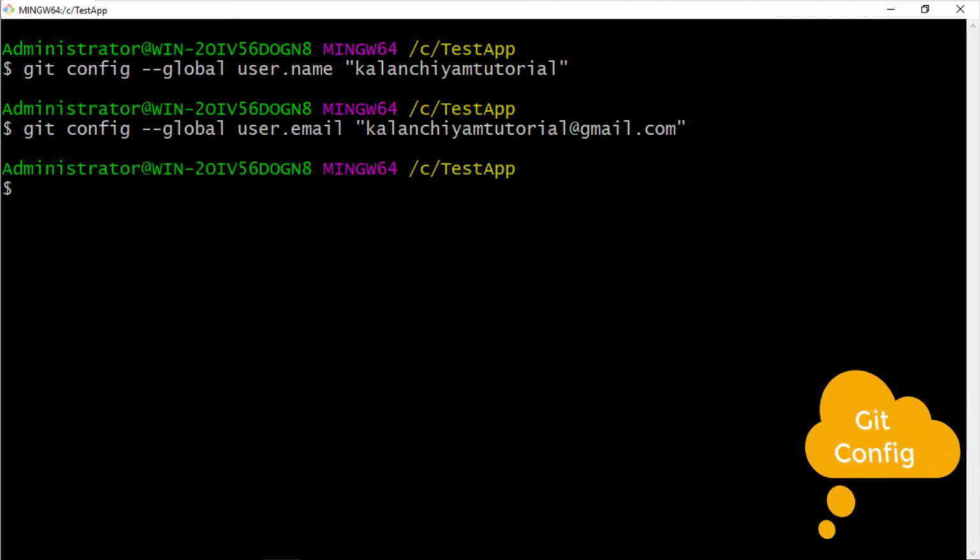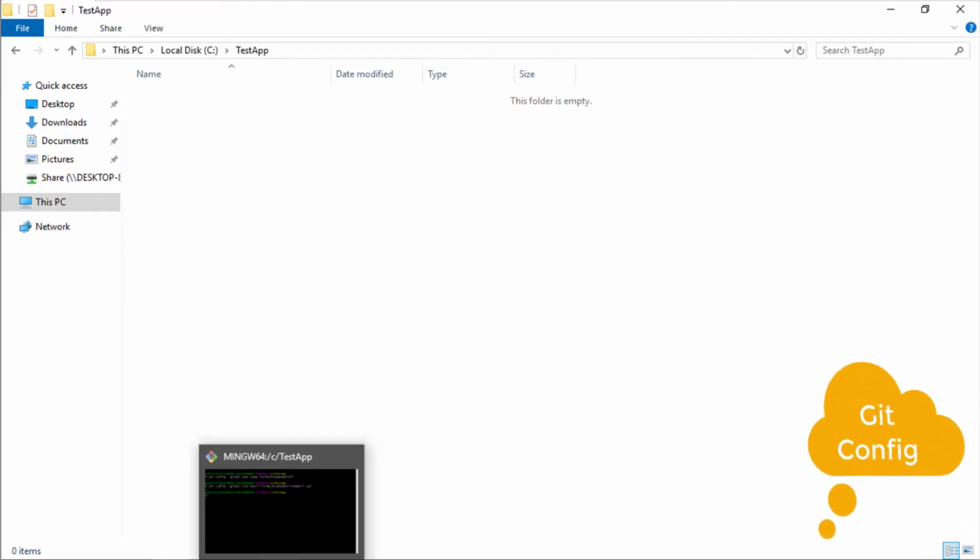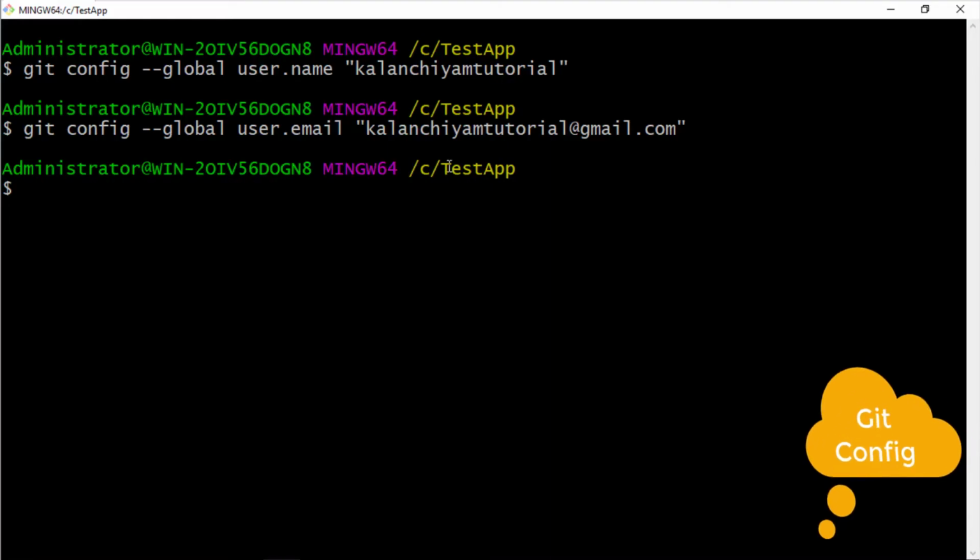Enter. That's it. Because I opened Git Bash from here, it works; if you did it on the desktop or in some other place, you have to change the directory, because when you are doing the init, you have to change the directory path, meaning the folder whose files you are going to commit to the repository. Currently I have C test app, and I'm going to run git init,